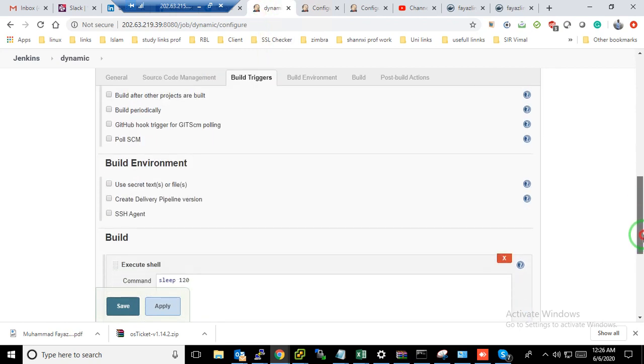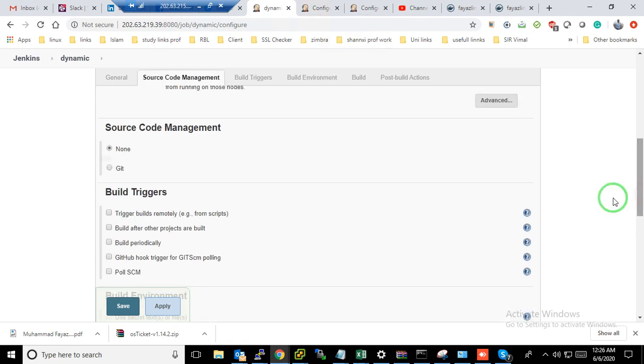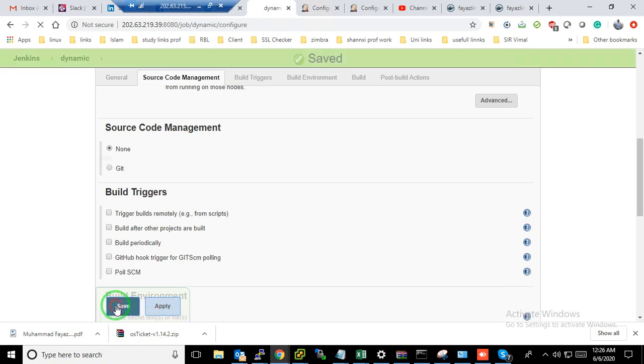And I will use a simple sleep command. I want to run a sleep command on my dynamic cluster as needed. So let's see if it will work or not.